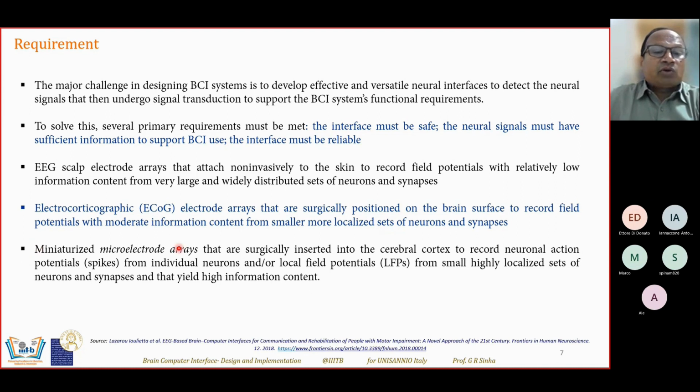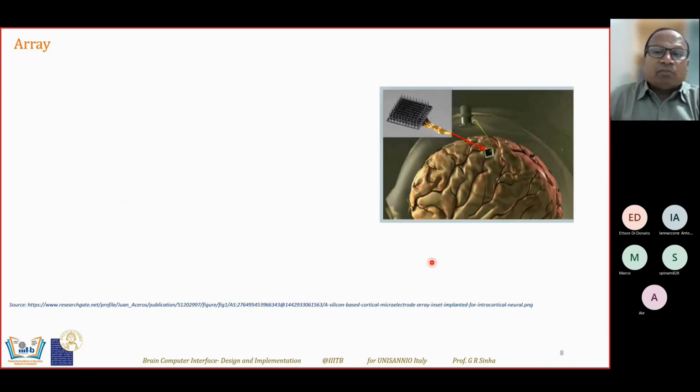In the case of microelectrode arrays, where we directly insert the ICs or the arrays inside with the help of surgery, there we get the maximum amount of information, and that becomes highly, rather maximally, localized in the brain area. Look at this example of a microelectrode array being inserted here,